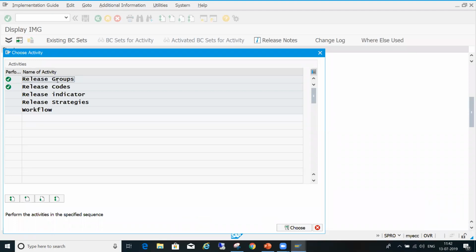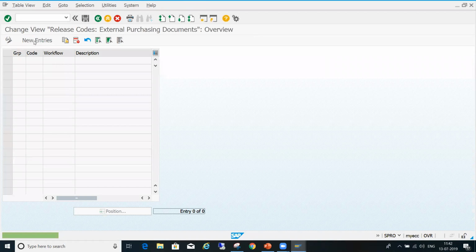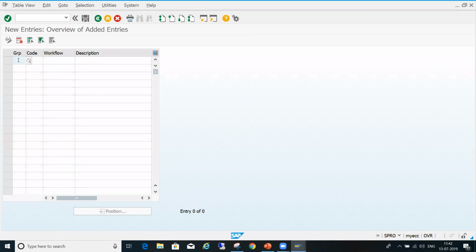Here you assigned that class to the group, then it comes to the release code. Click on new entry. What is your group? ZZ is your group. Code is L1. You can give planner. Okay. ZZ, L2 level, manager.